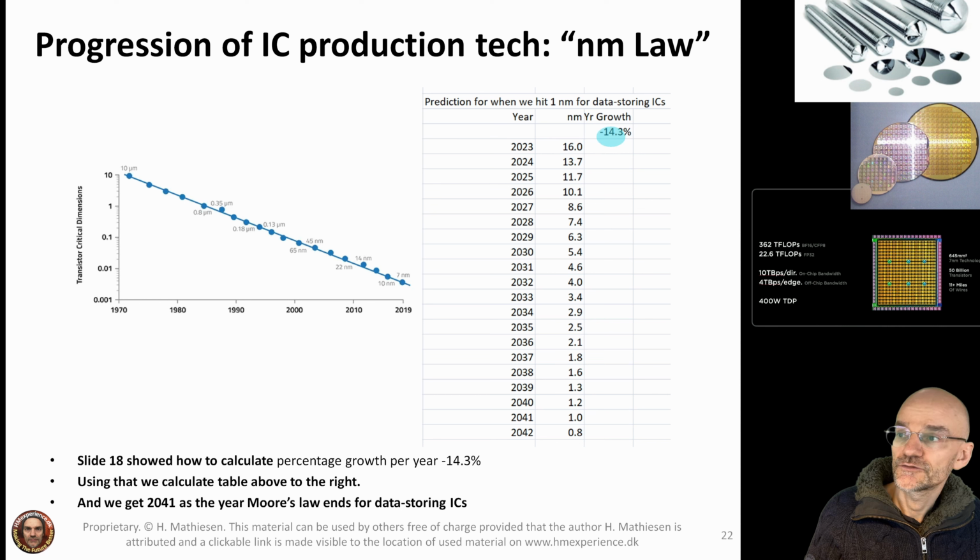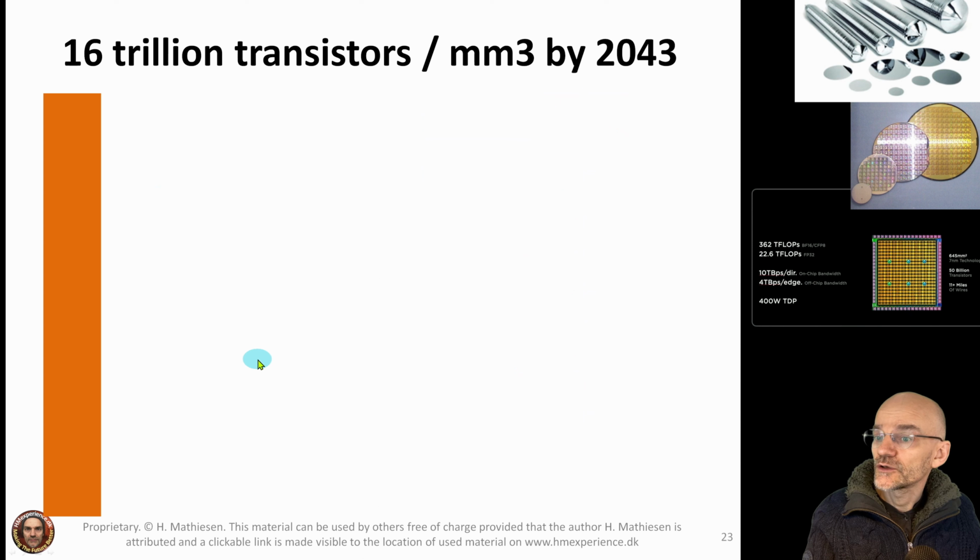It's just a negative growth rate to see when we'll hit 1 nanometer. We do that in 2041. So that's how that is. Now let's see if we can calculate how many transistors we can squeeze into a cubic millimeter at the end of Moore's law in